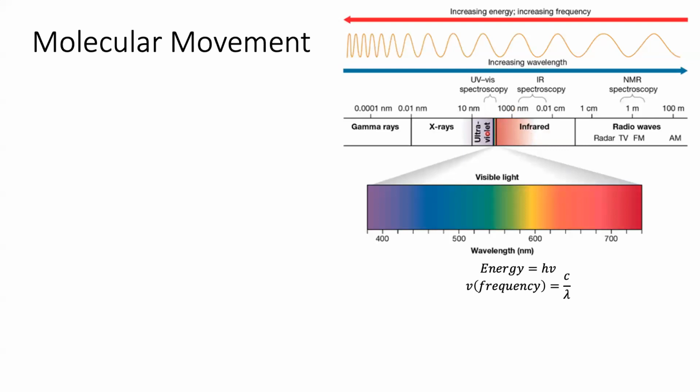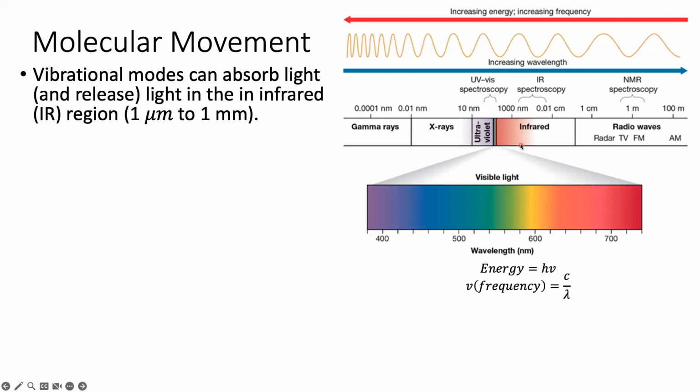So the big visible spectrum, this is the light we can see. We're going to be looking at this stuff that is lower frequency, which means that it's going to be lower energy. And that's the big thing I want you to focus on, is that visible light has a lot more energy than infrared. But it doesn't mean that we still can't use some infrared,